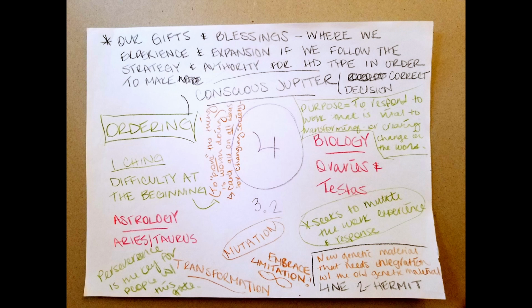So for me, my gifts and blessings are gate 3.2, the gate of ordering. So I experience expansion when I follow my strategy and authority around how to order things in my life